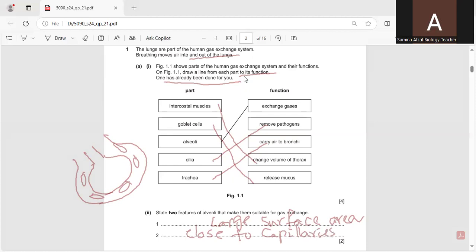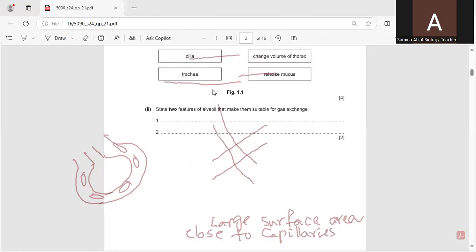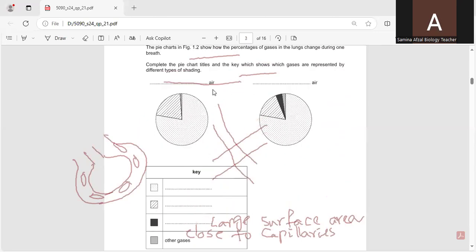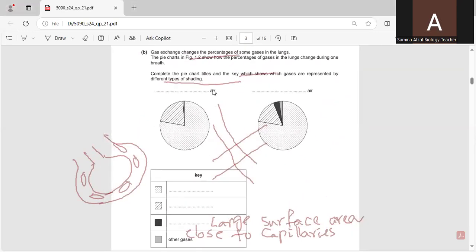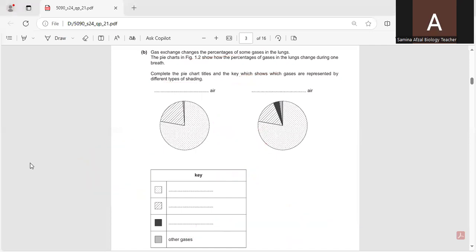So the next question is about the gases, environmental gases. The question is, gas exchange changes the percentages of some gases in the lungs. The pie chart in figure 1.2 shows how the percentages of gases in the lungs change during one breath. One breath means when we inhale or exhale the gas,